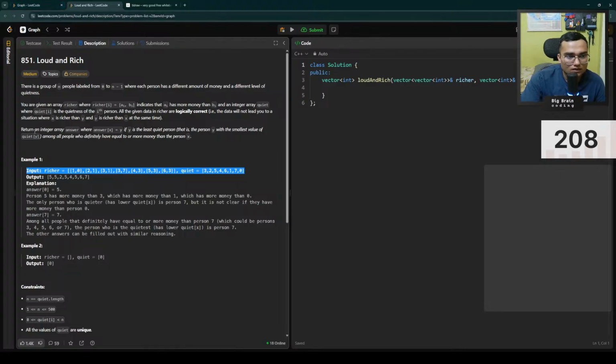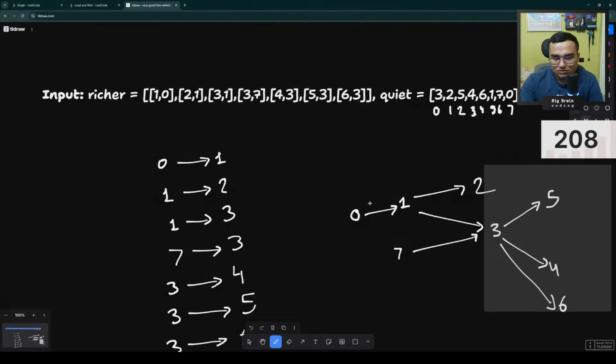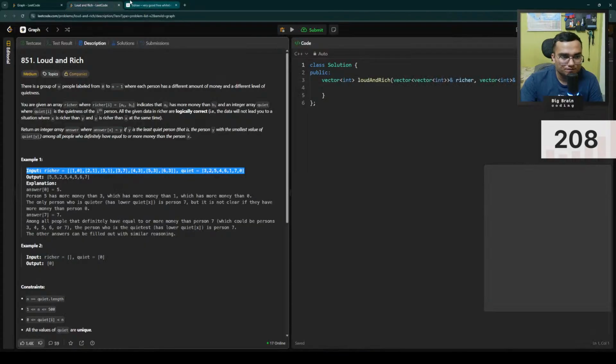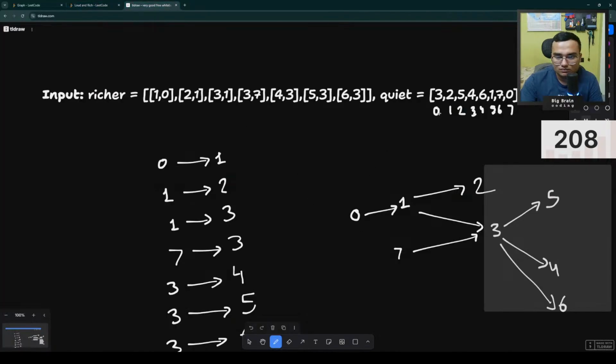Return an integer array answer where answer of x equals y if y is the least quiet person who definitely has equal to or more money than the person x. Okay, so for 0, five is definitely richer than. Okay, so basically the point is